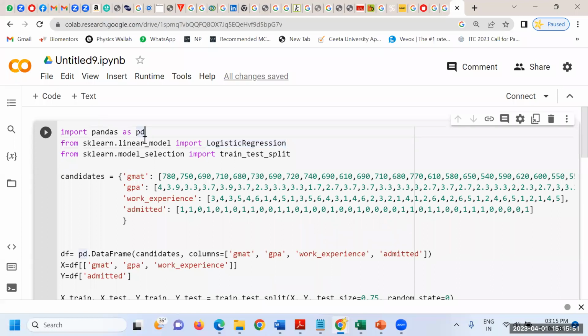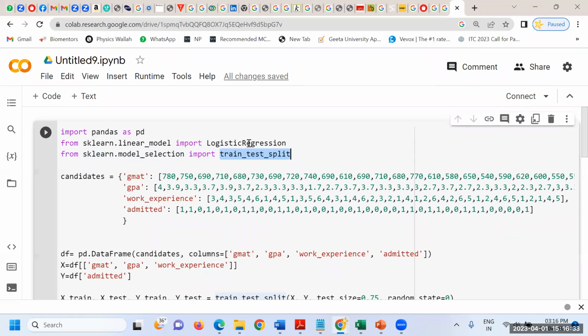Now here we are importing pandas. So this is the name of the variable, isn't it? Pandas is one of the packages, and I want to use some of the functions of this pandas. That's why I have written this pd. You may write any variable, A, B, C, X, Y, Z, your name, my name, whatever. And then from sklearn.linear_model, from this particular package, I just want to take the help of this LogisticRegression. So is it okay? Fine. From this particular package, I'm going to take the help of train_test_split.